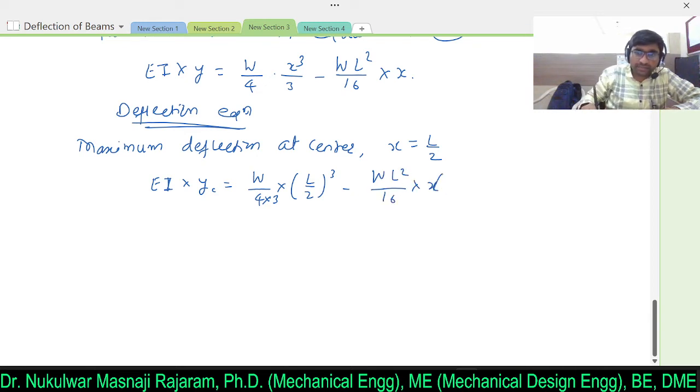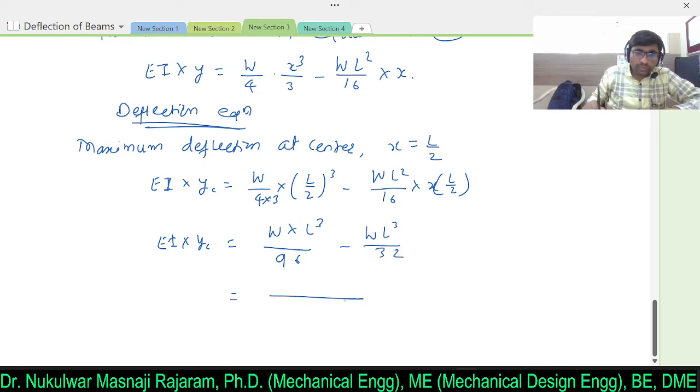So instead of x I will write L by 2. Clear? So I will again simplify this equation. YC equal to W into L cube divided by 96 minus